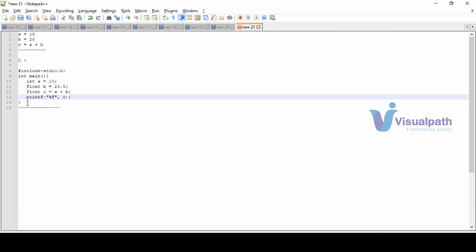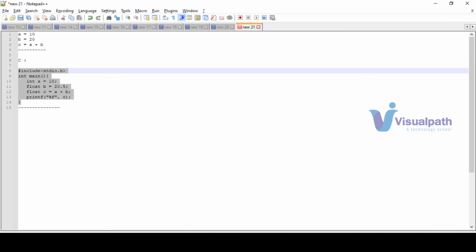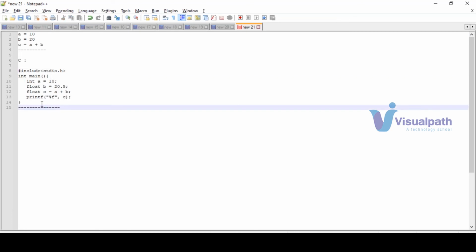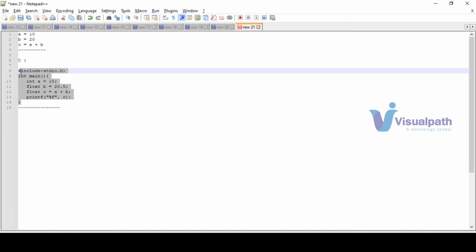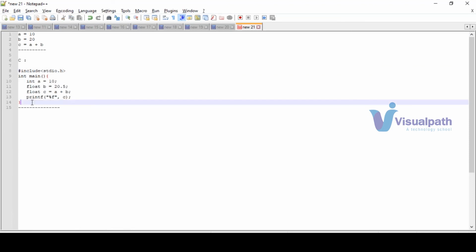Yeah, so a guy who does not have any programming background, if he looks at this program, he may not understand what this program is doing. It is not easy to learn and not easy to write, and the readability is also not good when we compare with Python. So if you want to implement the same thing in Python, see here, this itself is a Python program. See how simple and how easy it is.